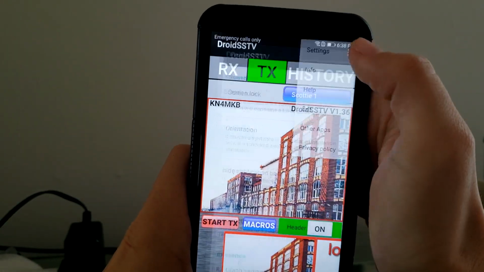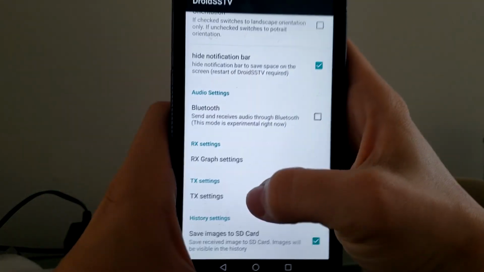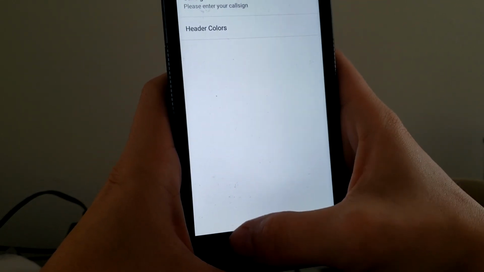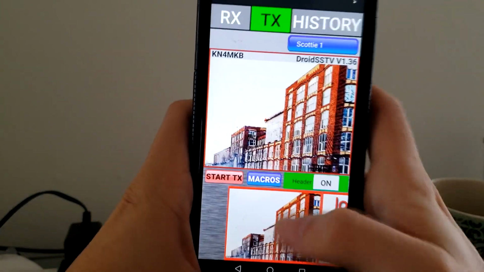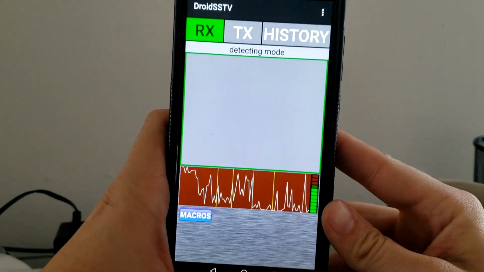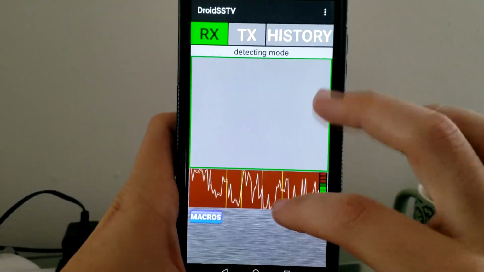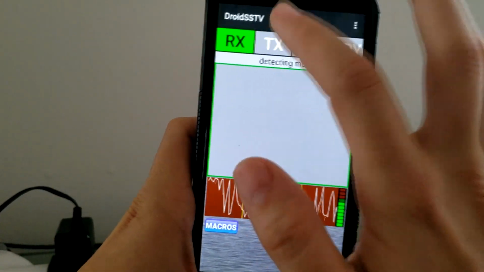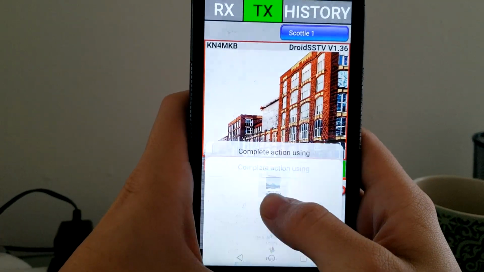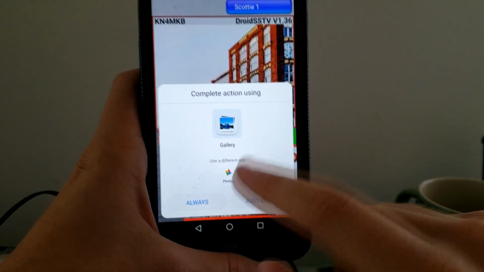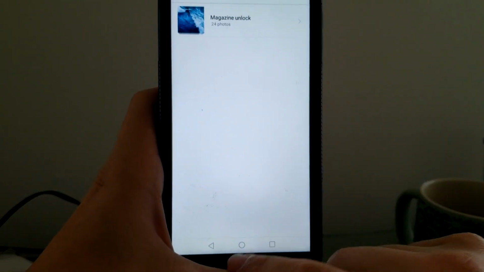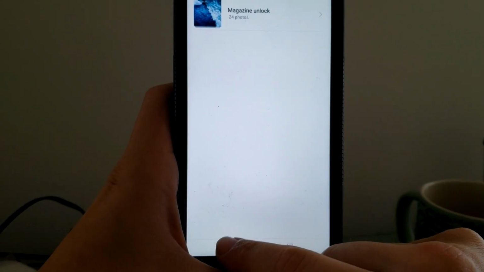So in the Droid SSTV app, there's not much to set up here. You just need to make sure you go to your settings, go to your TX settings, and put your call sign in. After that, you'll be on this screen here for your RX. This right here will automatically detect the mode that you're receiving in and build your image and save it once it populates. And on your TX side here, you can select an image, which I am just using a stock Android photo that I have on this cell phone because I don't actually use this. But you can select your image here, and once you're ready,